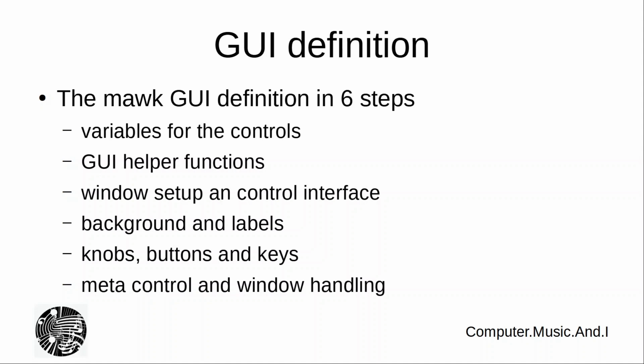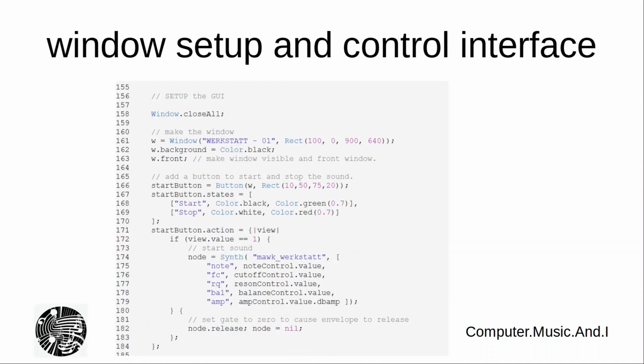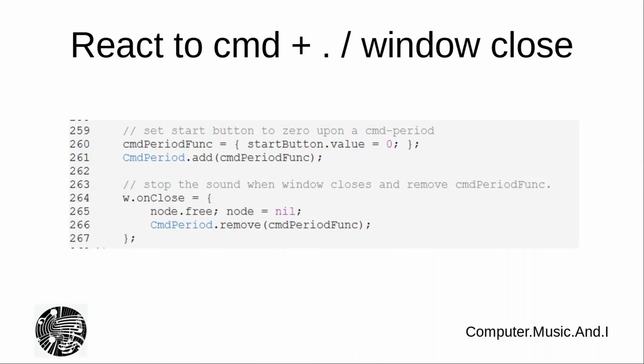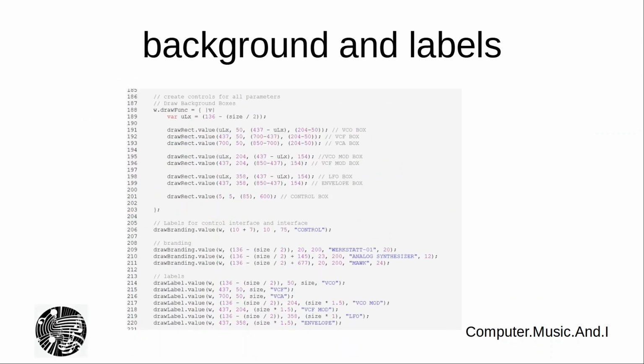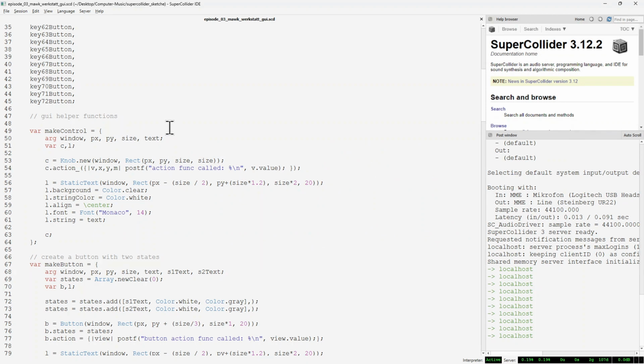And the last step that we are going to see in our code is meta control and window handling. This is just something that you might be adding to your graphical user interfaces in order to make them more usable within SuperCollider, namely to react to certain keystrokes and define what is happening when the window is closing. Okay, the slides actually show the code, and as you can see, you can walk through it, but it's not very readable. So I'm going to switch over to the code and show it